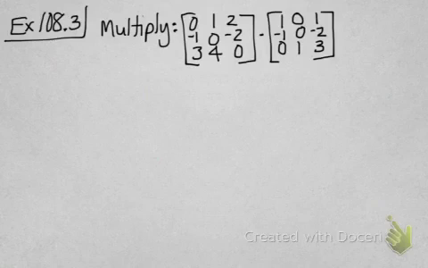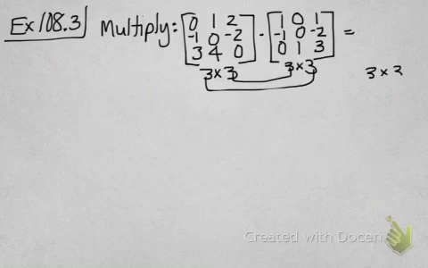Multiply these two matrices. Now this one's going to be nice because it has lots of zeros in it. So you always like to see zeros in matrices when you're multiplying them. It makes them a lot easier. So we have a 3 by 3 times a 3 by 3. So our solution is going to be a 3 by 3 matrix. And we'll just start